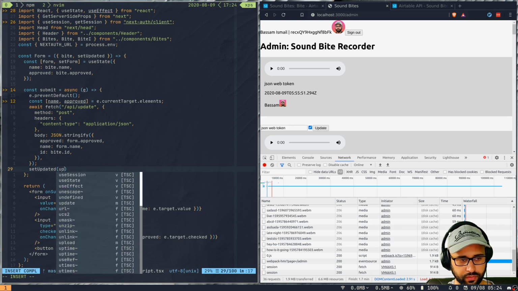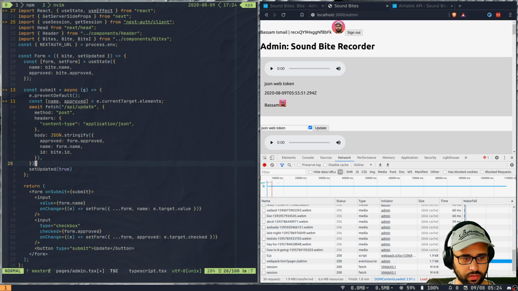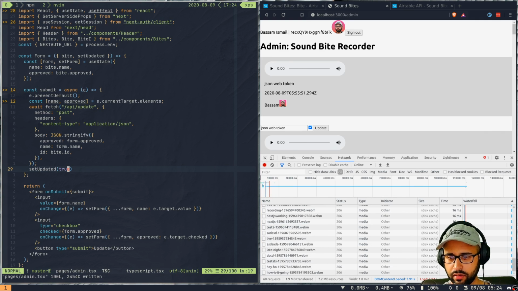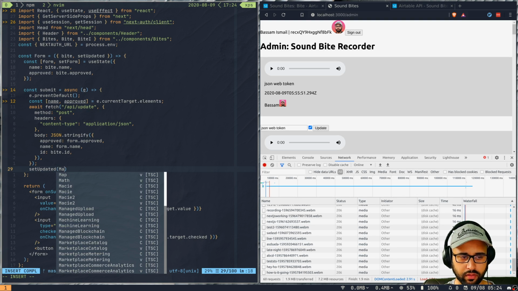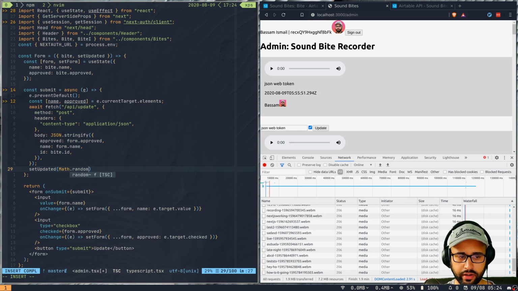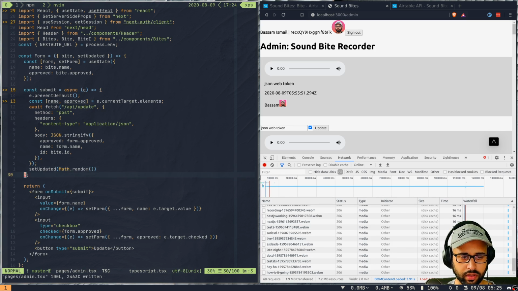to true. I think it doesn't really matter. You can probably do a Math.random. It doesn't really matter what value we set. We just want to trigger it. We just want to make sure that it updates. And